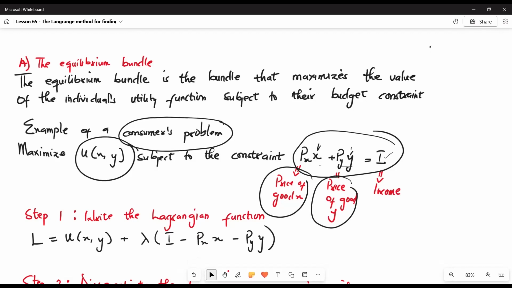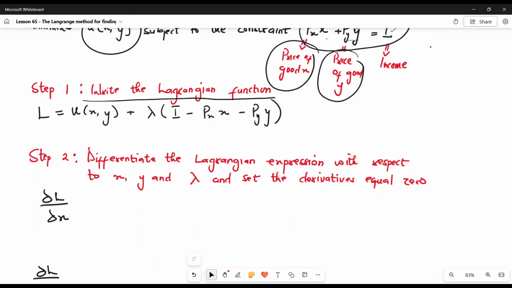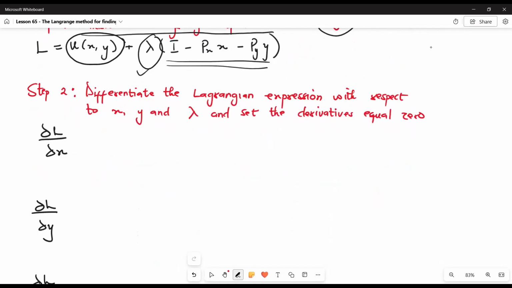Now, a number of techniques can be used to solve this. The most popular approach is the Lagrange method, which involves the following steps. The first step is to write the Lagrangian function. This simply means writing the function to be maximized, which is our utility in this case, plus lambda times the constraint, which is our budget. So we will discuss what the interpretation of the variable lambda is in a few minutes. Then step 2 is to differentiate the Lagrangian expression with respect to x, y, and lambda and set the derivatives